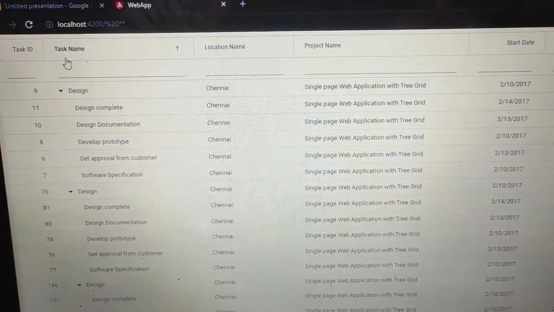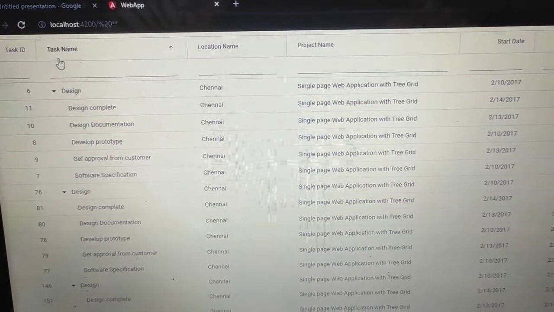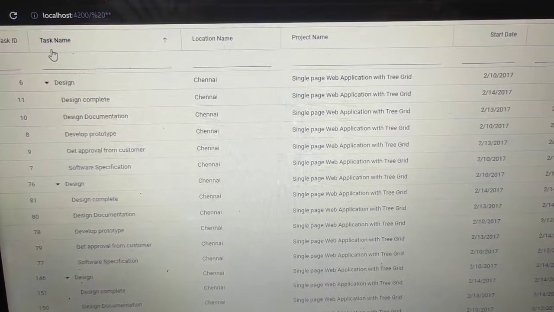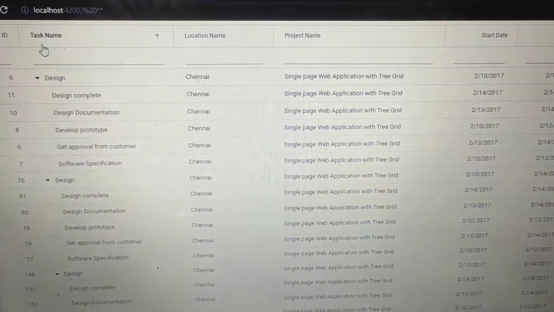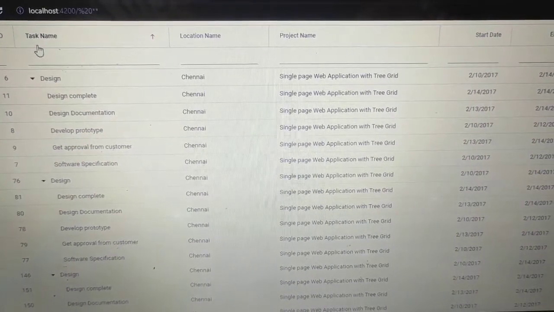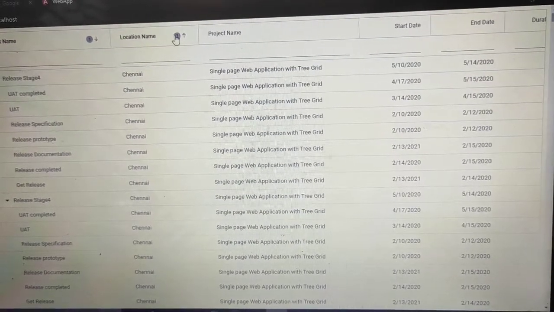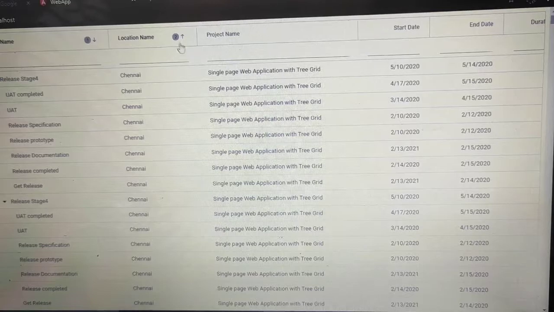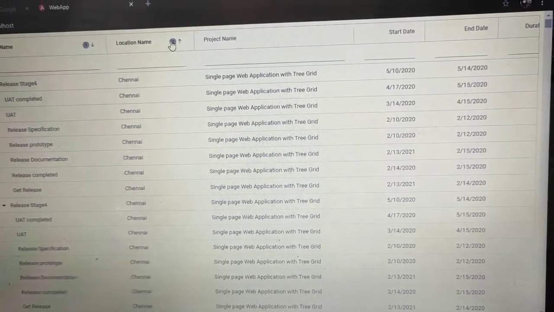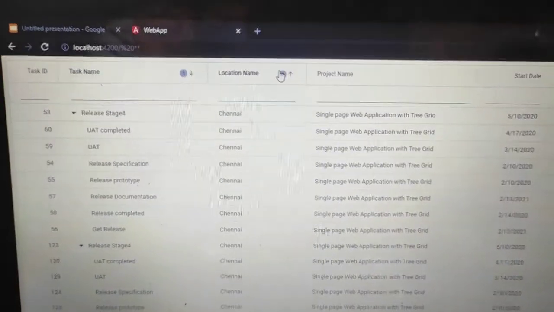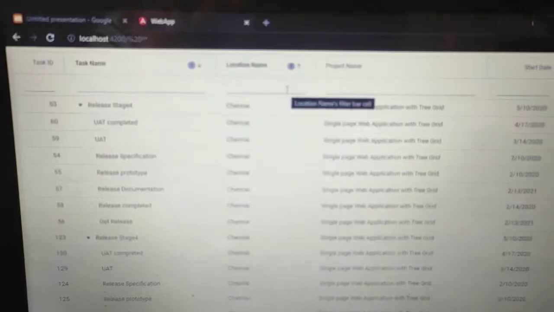For that, we have to click on the header and press the Ctrl button and click another header. So now we have done multiple sorting, number 1 and number 2. In this way we have done multiple sorting.